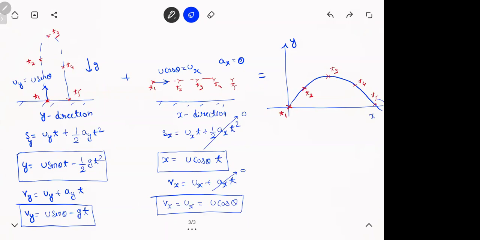You're getting it? This is what I mean to say. Study the motion separately. Study the vertical separately, horizontal separately. Now whatever you need, just add them up. What do you want to find? X and y, right? Find x from u cos theta, find y from u sin theta. So you got x and y for the projectile. Got it? Put it down.